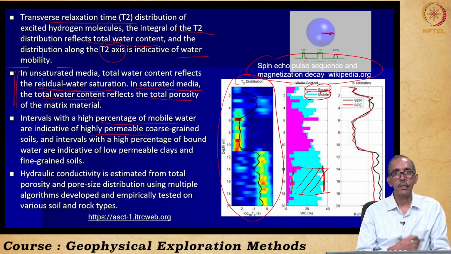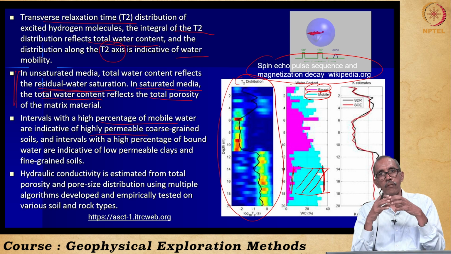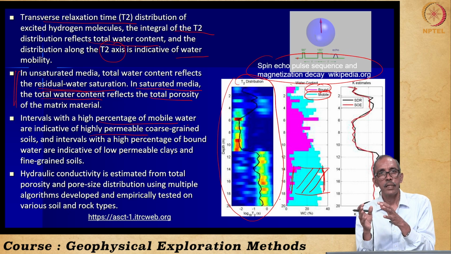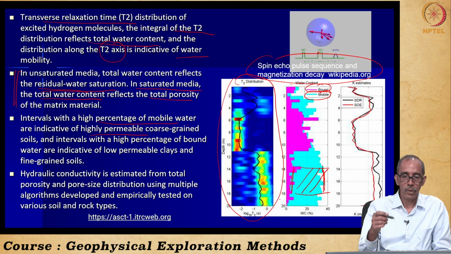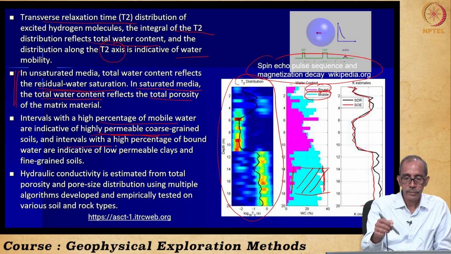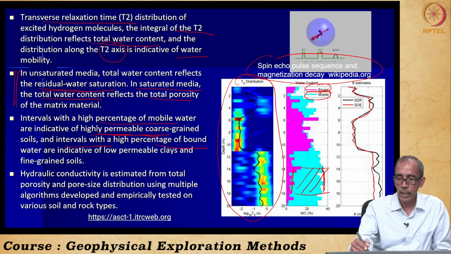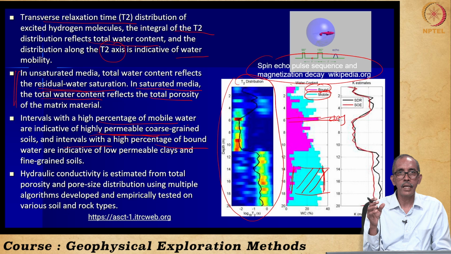That is bound water. That means water under retention will be very less when the size of the pores is bigger. When the size of the pores is bigger, obviously it indicates permeability is more. So we are able to differentiate highly permeable formation, which is likely to have comparatively coarser grains, right? And high percentage of bound water. That means all this pink color, when the percentage of bound water is much higher, they indicate presence of clay zones, right? Very fine grained soils.